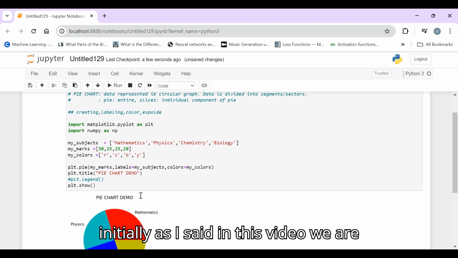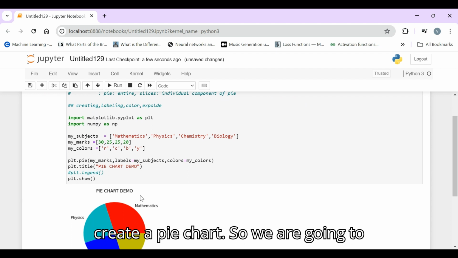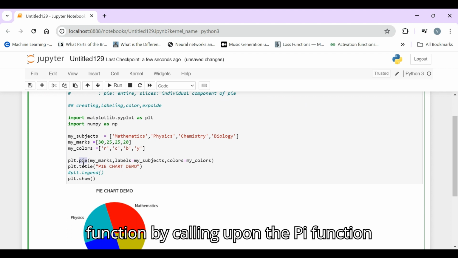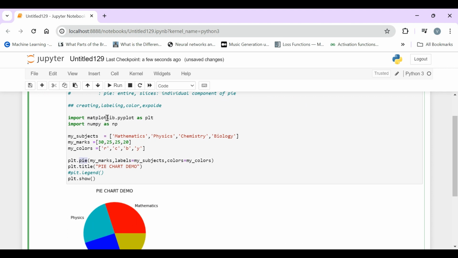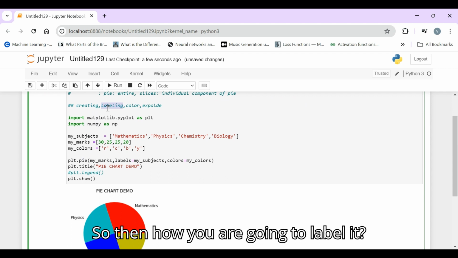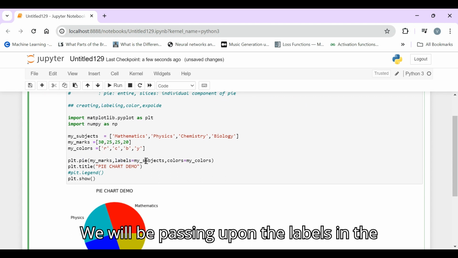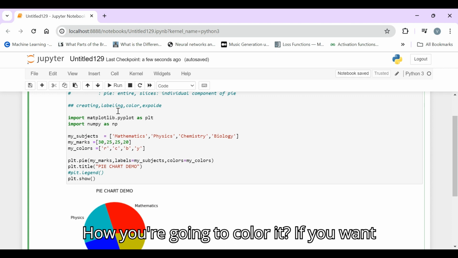So initially, as I said, in this video we are going to look into how we are going to create a pie chart. We create a pie chart by calling the pie function within the matplotlib library. Then how are we going to label it? There is labels equal to, where we pass the labels in a list. And how are you going to color it?